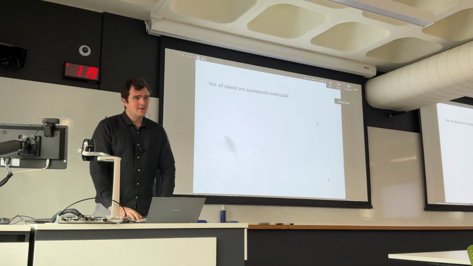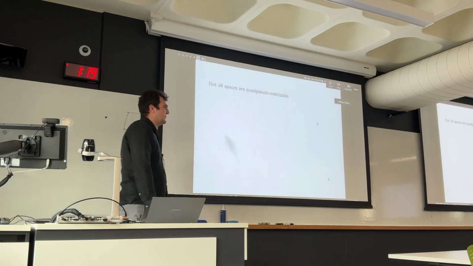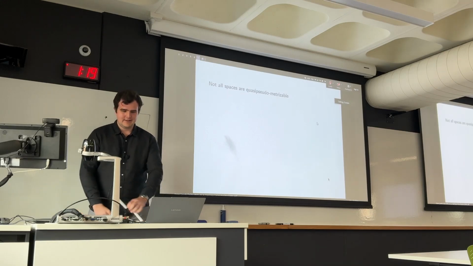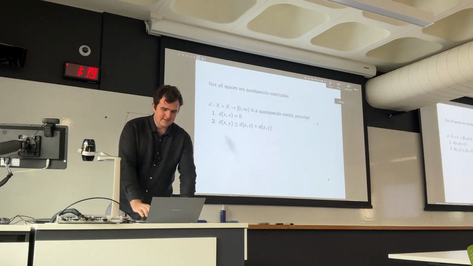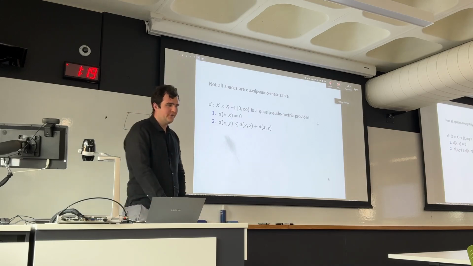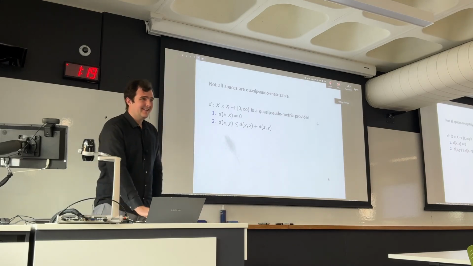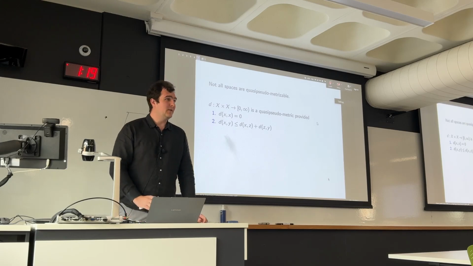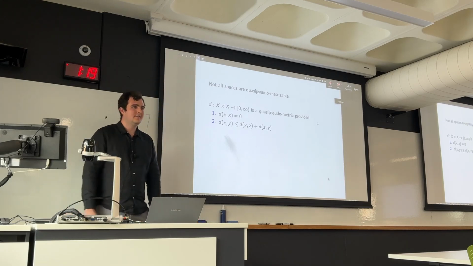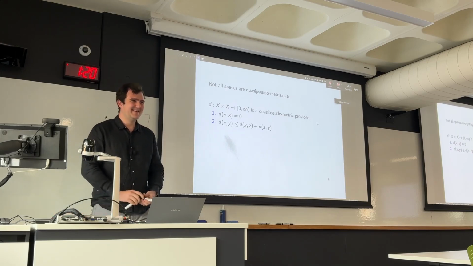Okay, but we still aren't done. There are still spaces which aren't quasi-pseudometrizable, aren't generated by this quasi-pseudometric. So we look at the axioms we have left, what's really left to delete. We don't have an example here, but the example is of a topological space that's not quasi-pseudometrizable. Yeah, you have it, yes. Next few slides, you'll see it.